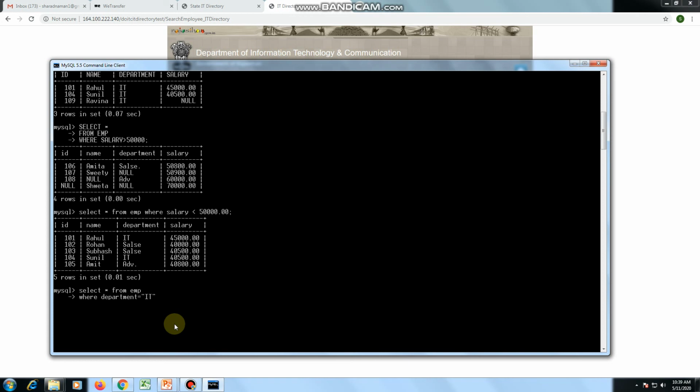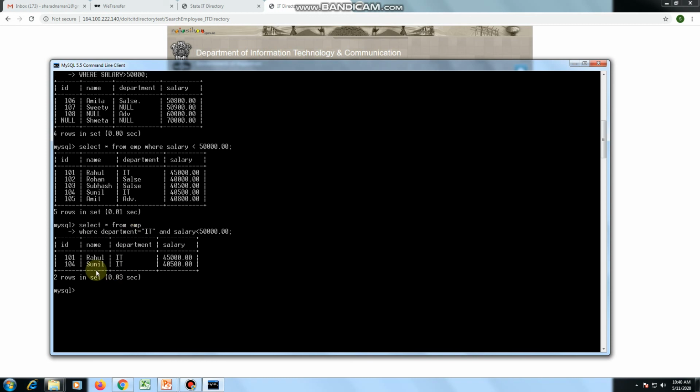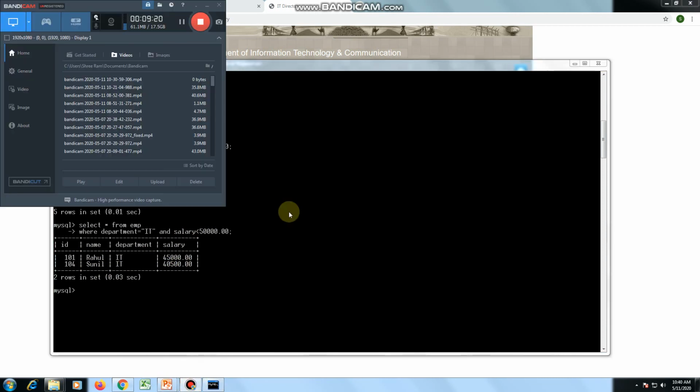The second condition is constructed using the conjunction AND, where salary is less than 50,000. So here one more filter is added, and a where clause with two different conditions is connected with the AND operator, listing all employees from the IT department who also have salary less than 50,000 rupees. In this way we can use multiple conditions in a where command. Thank you for this video.